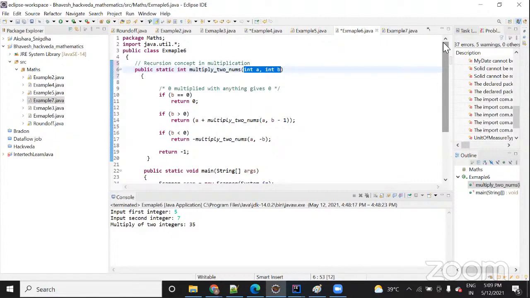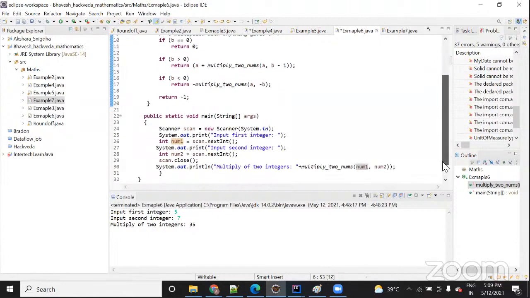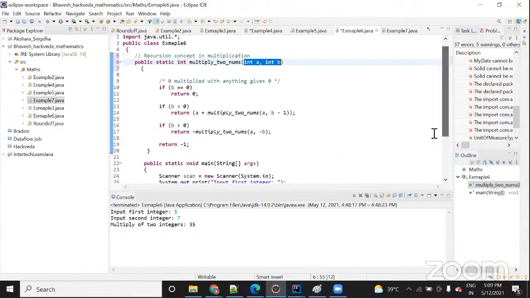If you have studied C++, there are three ways of passing: value, reference, and address. Reference means another variable name, just like an alias name, which is there in C++.